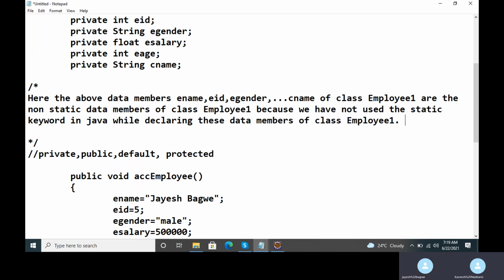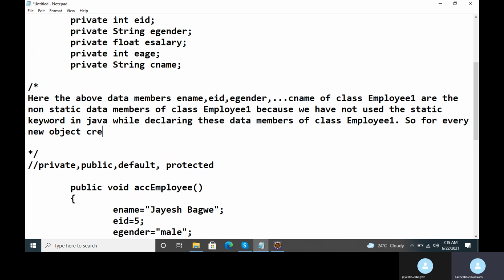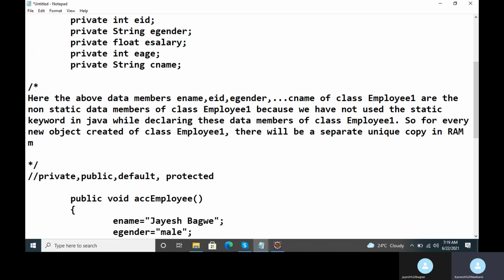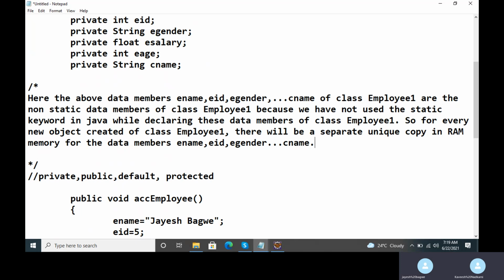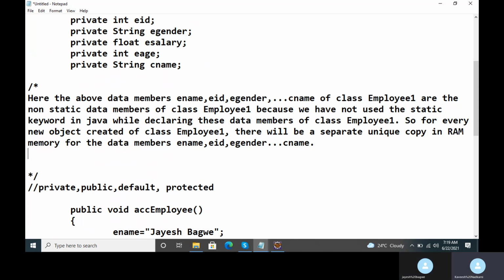So for every new object which is created of the class employee one, there will be a separate unique copy in RAM memory for the data members, that is eid, ename, egender up till cname. Clear, Jayesh? So this is what is meant by the non-static members of the class.